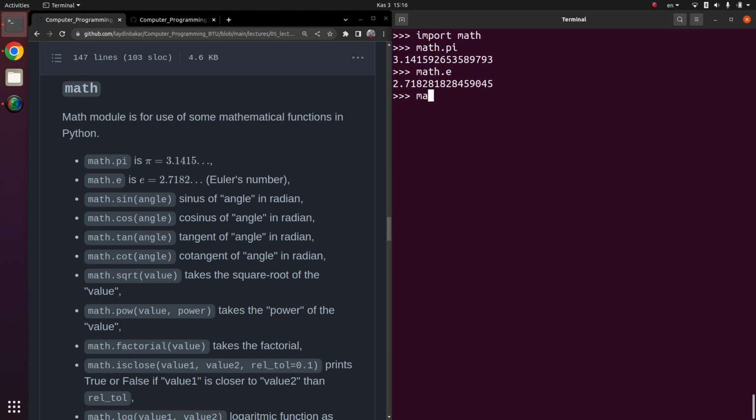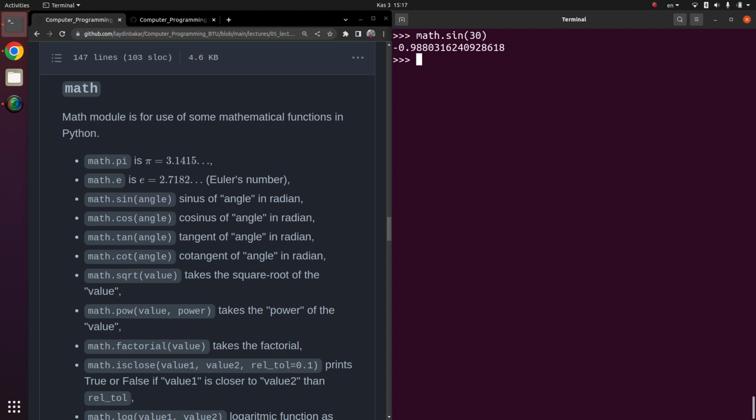We can make some calculations like math.pi times r squared, for example, which is the area of a circle. Like if the r is 2, then the area of that circle is 12.5. We can use the math module to print the sine of an angle, but like if you type math.sin(30),